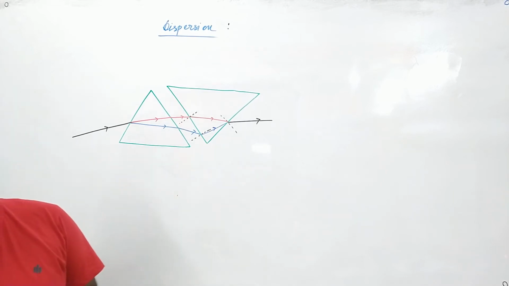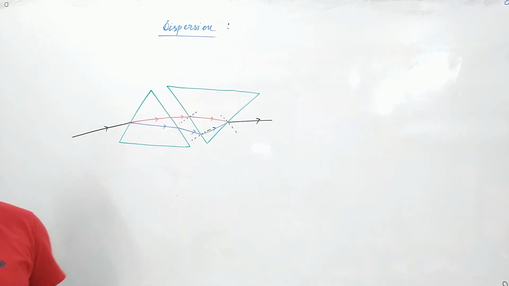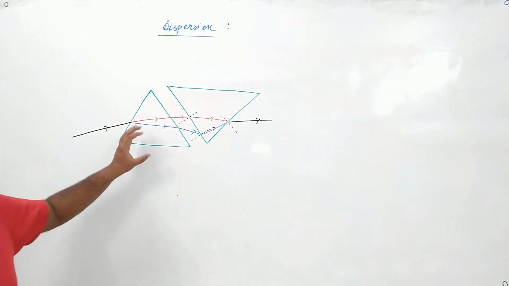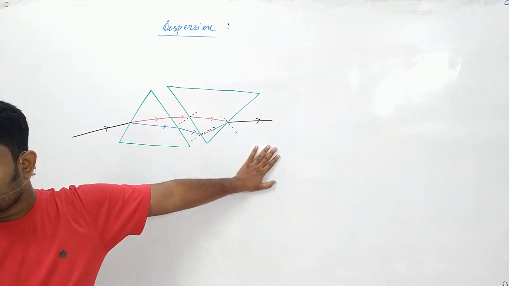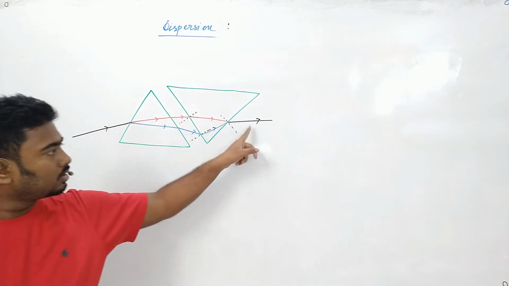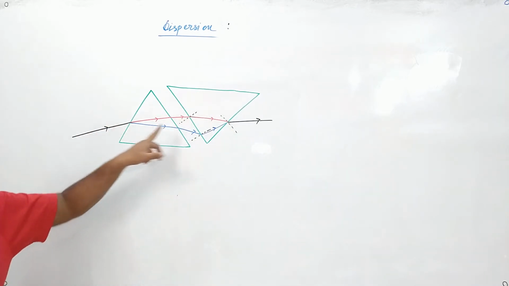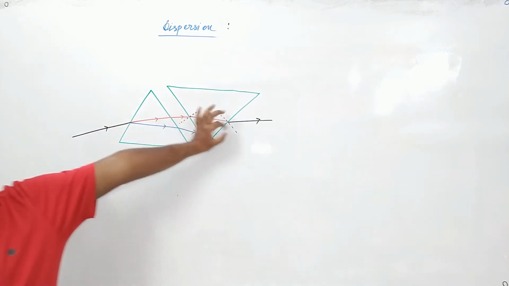There was a question: why did we keep the other prism inverted? So what do we write about that? We will keep another prism so that we can unify the split parts, so that we can get a white light from a white light. Because if we don't do that, this won't get converged.